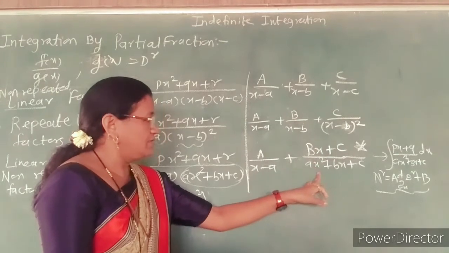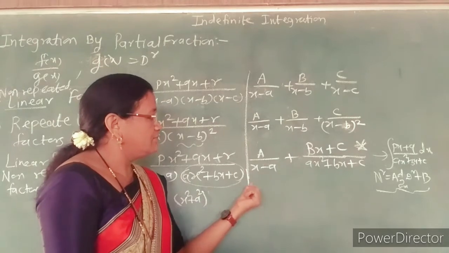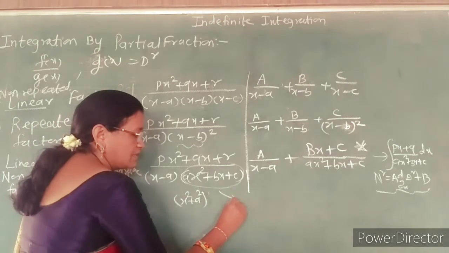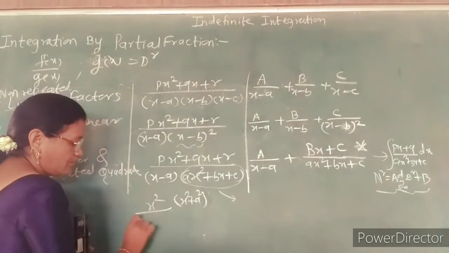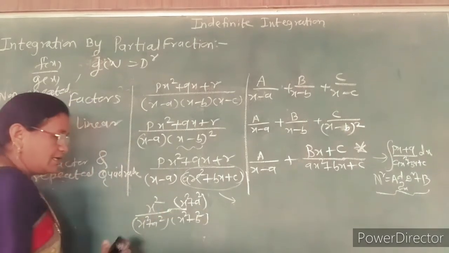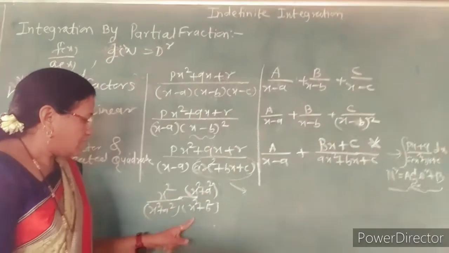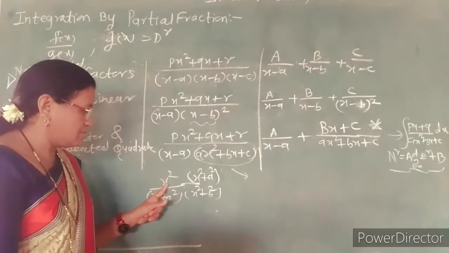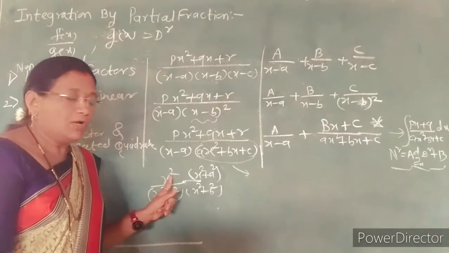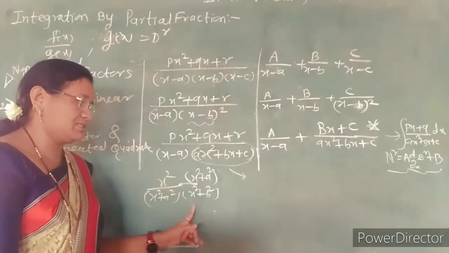On this topic there is no question in the question papers up to 2020, but we take an example belonging to this, x square upon x square plus a square, x square plus b square. The denominator contains a product of non-repeated linear factors, but the numerator also contains an x square term. So for this case, we solve the example by taking x square equal to t only for finding its partial fraction, according to the first case.